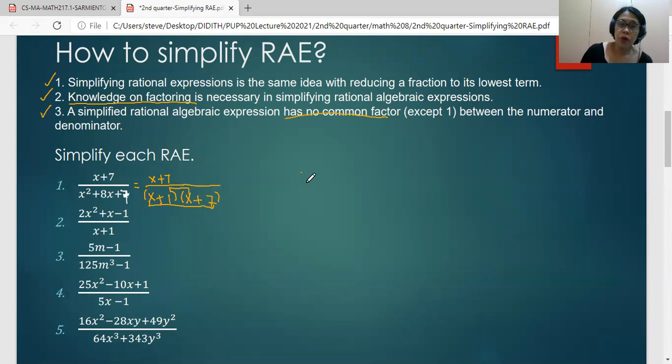So the common factor has to be cancelled. And when simplified, this is equal to 1 all over x plus 1. Okay. Now, for number 2,